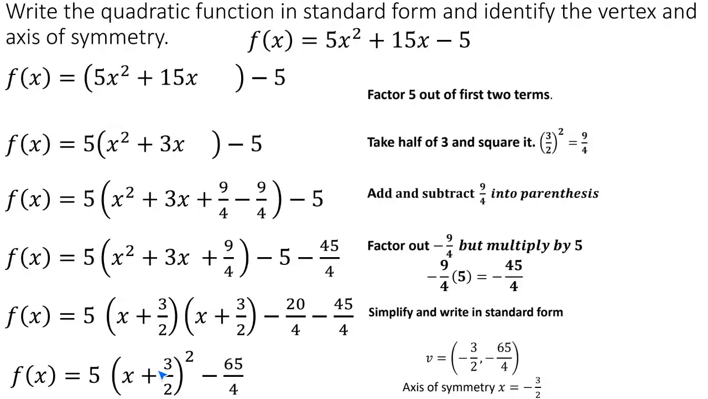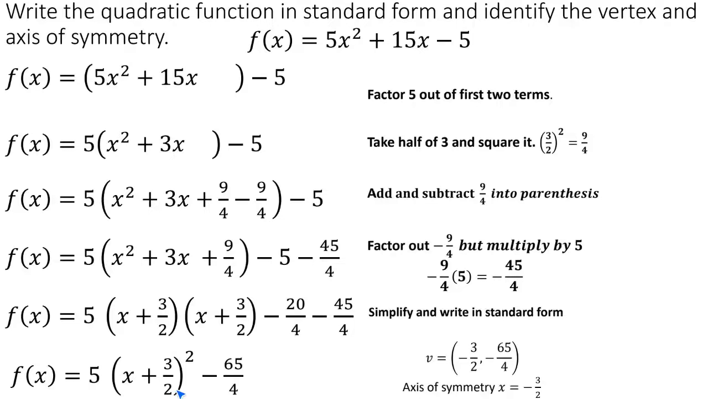So x plus 3/2 squared, I can write it as x plus 3/2 squared here. And then negative 20 minus 45 is negative 65. So my vertex would be negative 3/2 and negative 65 over 4. So our axis of symmetry is our x coordinate, negative 3/2. Okay, so